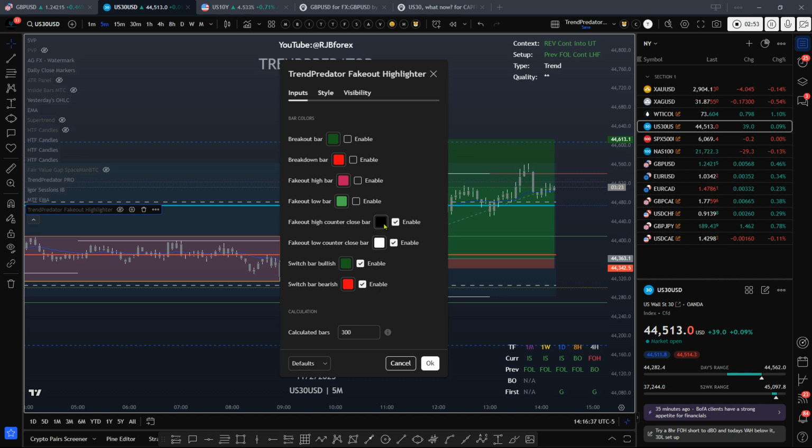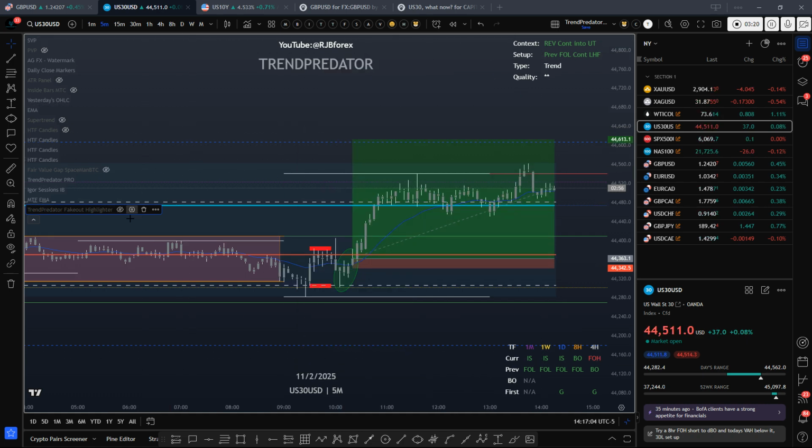If I'm going long, and I have a fake out low that closes bullish, accompanied by a switch bar, then that's going to be a strong combination for a long in line with the setup. So we've got a fake out to the downside, trap volume. Essentially, that is trap volume to the downside in an uptrend, so that's got to be bullish. So if we apply that and look at the Dow today,